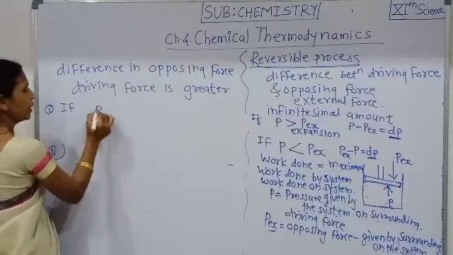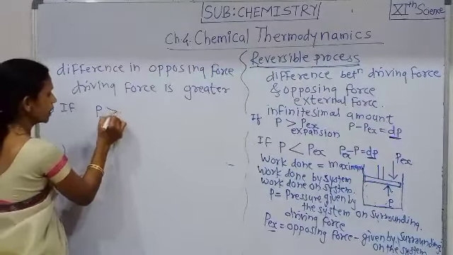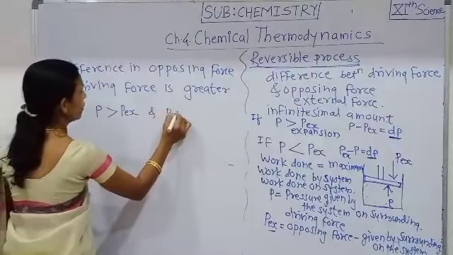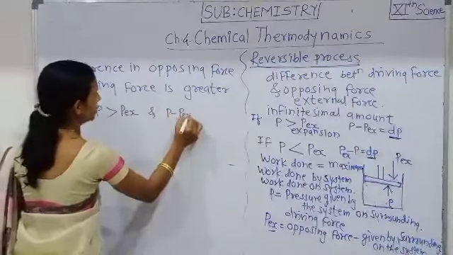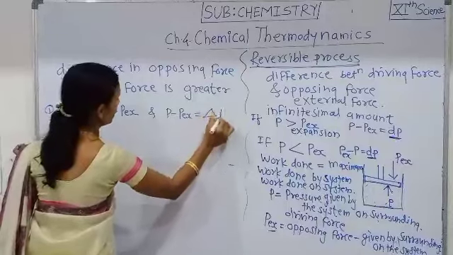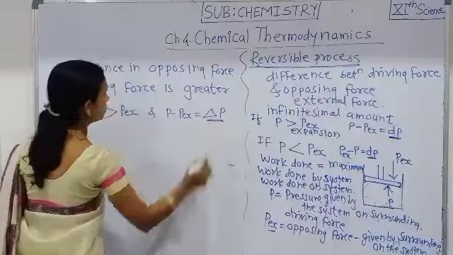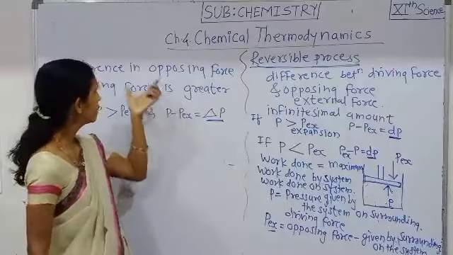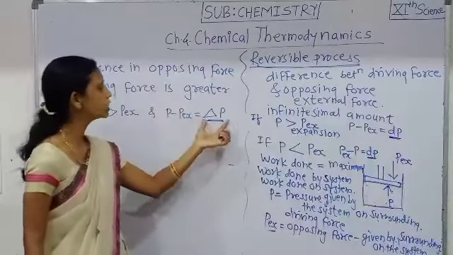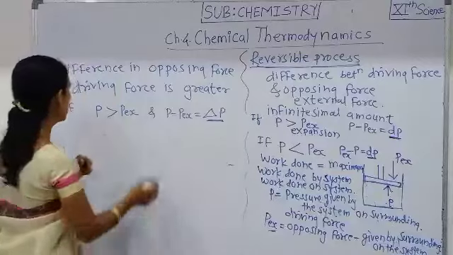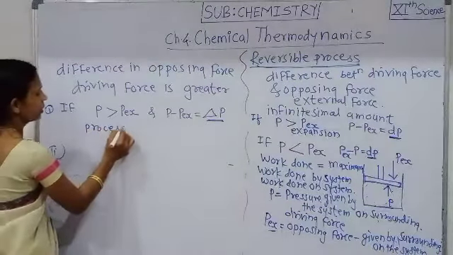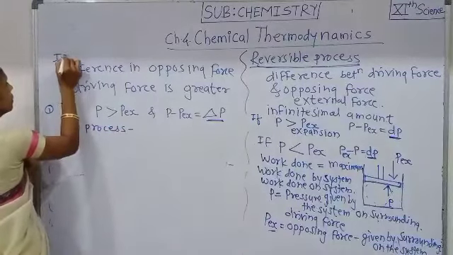If P, that is the driving force, is greater than PEX and P minus PEX is delta P, that is the difference in the driving force and opposing force is greater, then the process that takes place is an irreversible process,